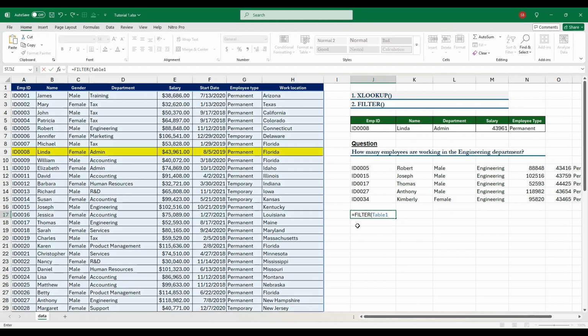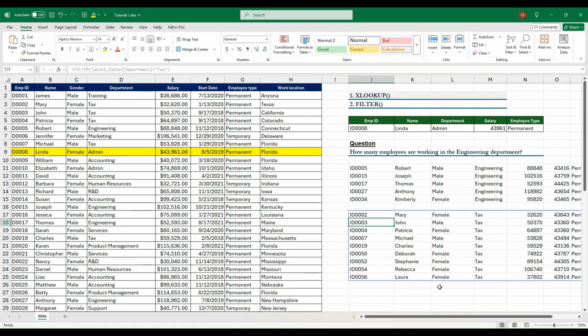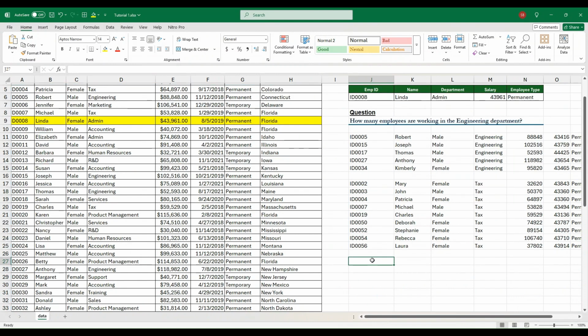Array will be Table 1, then Table 1 and we need to know the department, and our department is, say, tax department. Okay, so tax department. Now as you can see here, these are the people who are working in the tax department. In this way, we can find out how many people are working in the accounting department or human resource